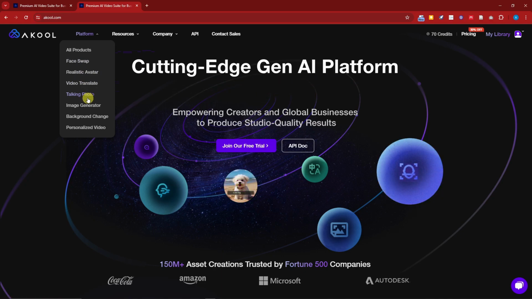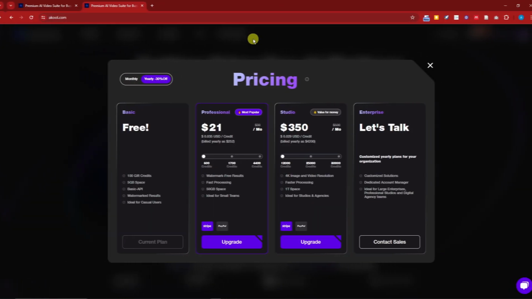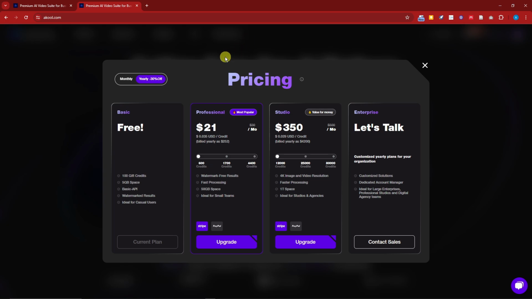Now before we get started, I wanna show you the pricing first. So this is gonna be the pricing. As of now, we have the free trial with 100 gift credits, and the 100 gift credits does not refresh. So please take note, after you finish those 100 credits right there, that is no more. You need to create a new account if you want to still try the free trial, or avail the paid